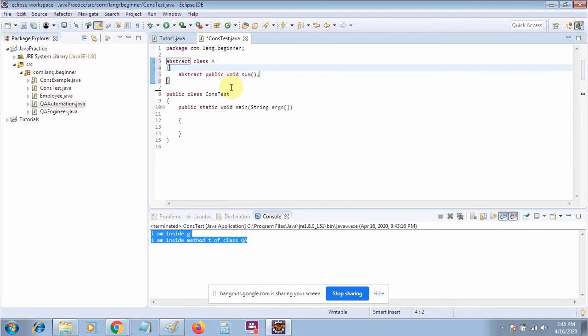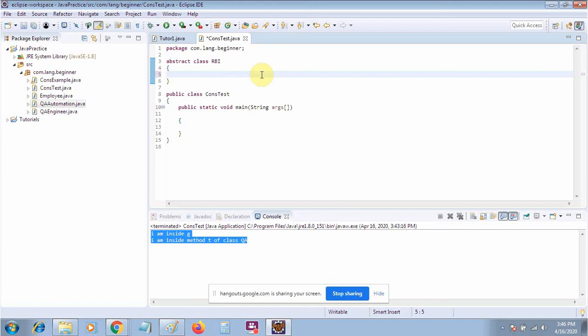Let me give you a very good example. Suppose that we have a class like Reserve Bank of India. The RBI provides certain rules that everyone has to follow, meaning every child bank has to follow the RBI rules. But there are some special rules that they can change as per their budget.